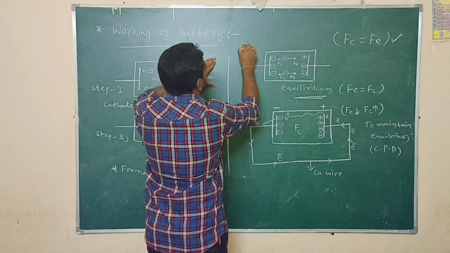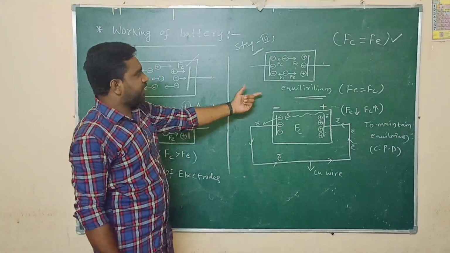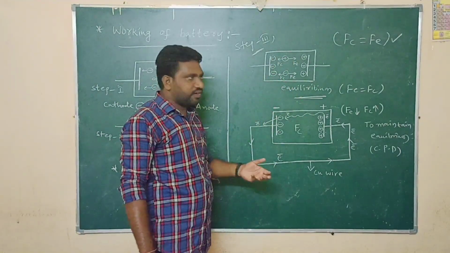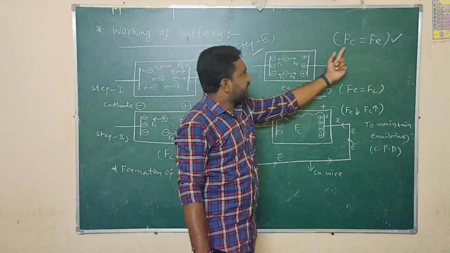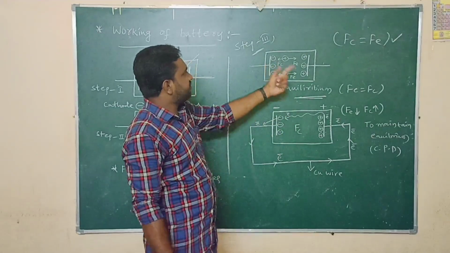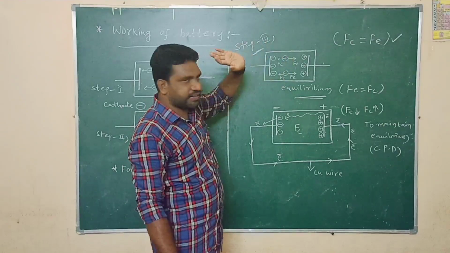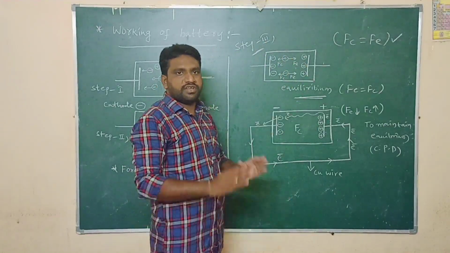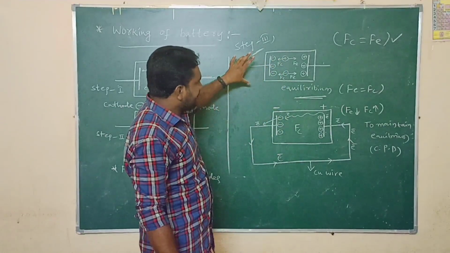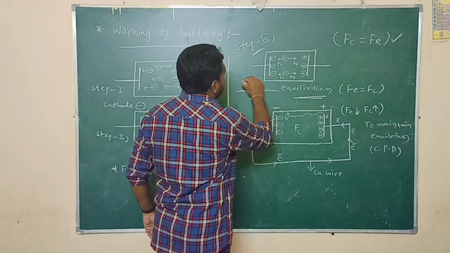So this is step 3, the third diagram. In this step 3 and third diagram, it is showing the equilibrium state of the battery. Equilibrium state means that in this particular situation, the chemical force is exactly equal to the electric force. When both the forces are balanced and equal, the remaining ions which are left over in the electrolyte after the formation of electrodes should not move. They will remain in their constant positions. So here the battery is formed. This is the formation of the battery. Formation of the battery is completed.